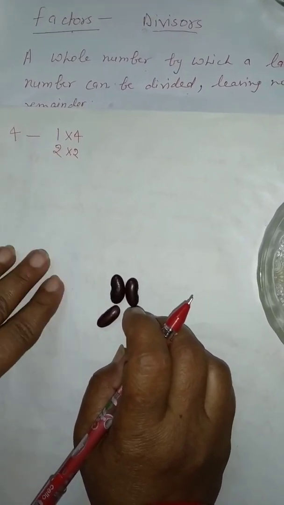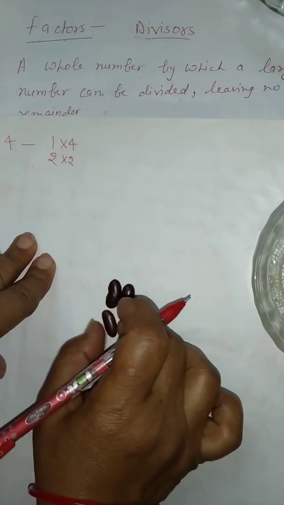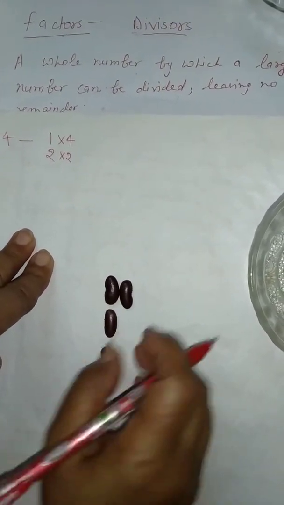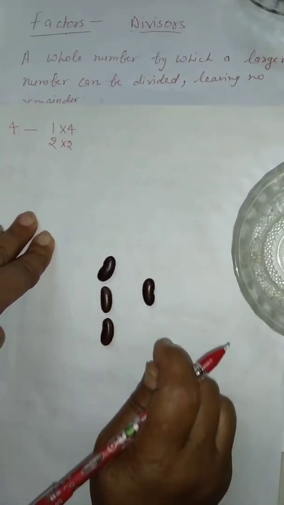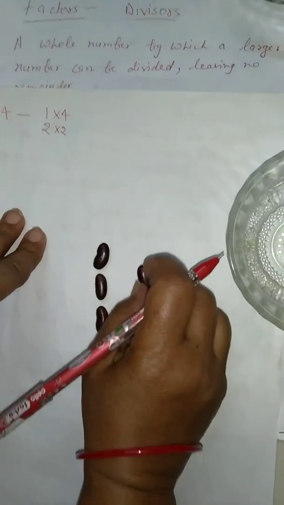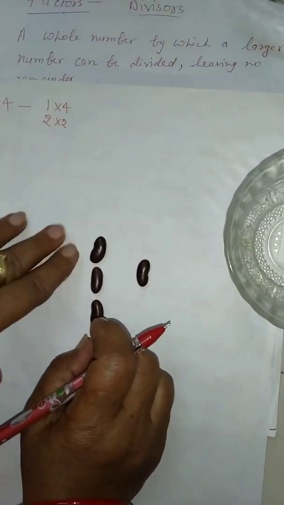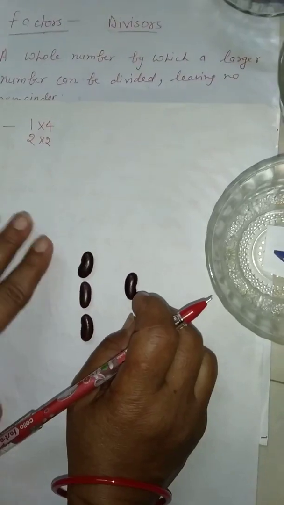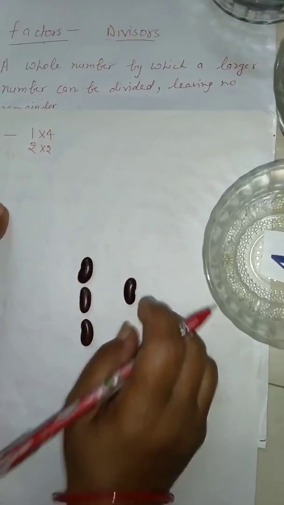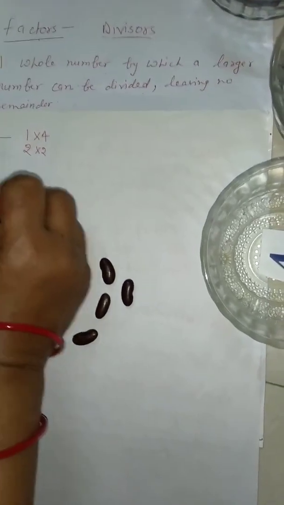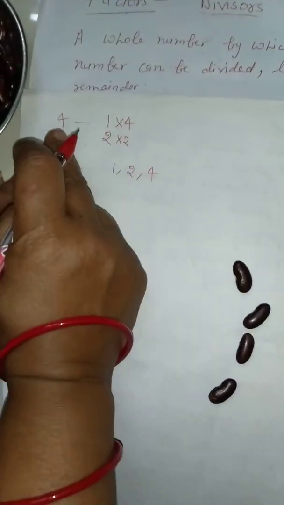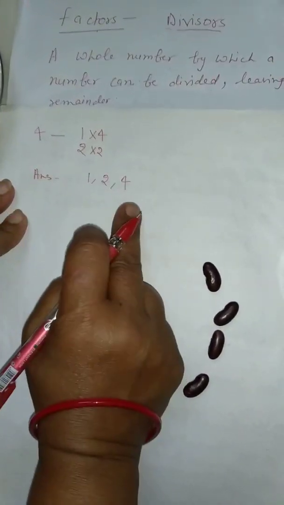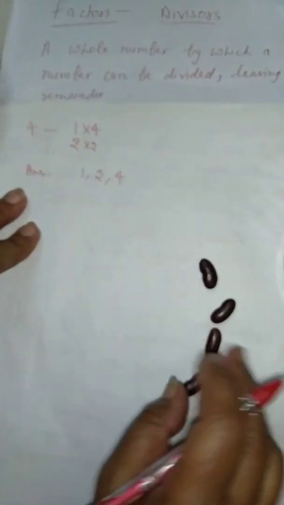Now any other method to arrange these students? If any student will say that ma'am, arrange these students into 3 and 1, so I will say wrong. Okay, because here only one student and in this line only 3. So these will not be the factors. Okay, so the factors of 4 will be 1, 2, 4. These are the numbers which can divide 4 completely. Okay, now is it clear?